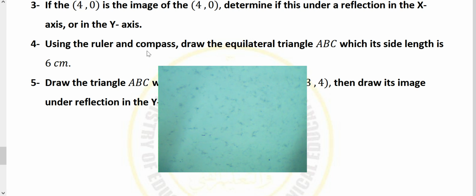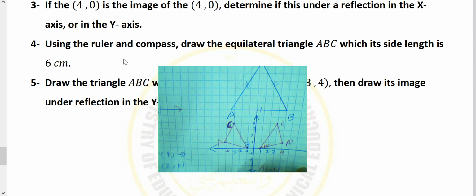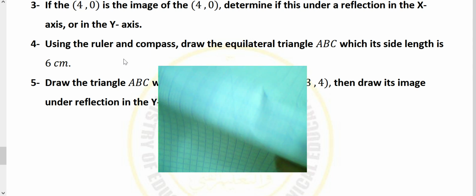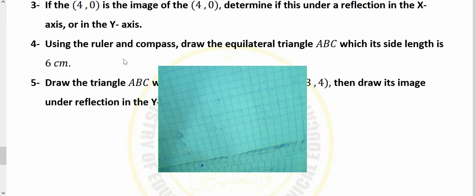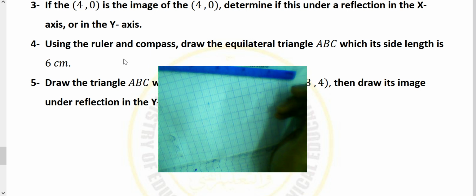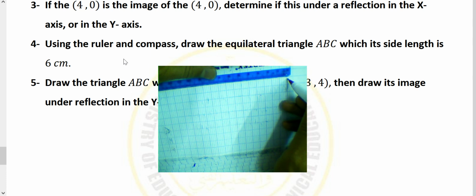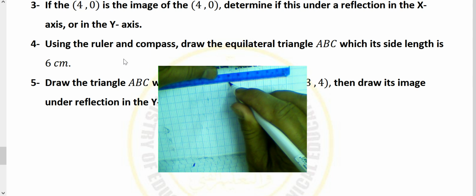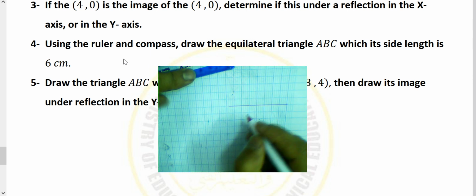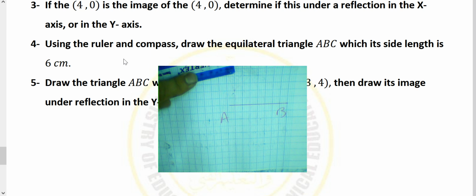Using the ruler and the compass, draw the equilateral triangle ABC, whose side length is 6 centimeters. We can do this by using compass and ruler. First step, we can draw from 0 to 6 here, AB, and then open the compass,